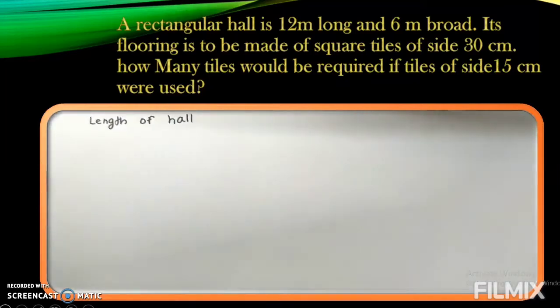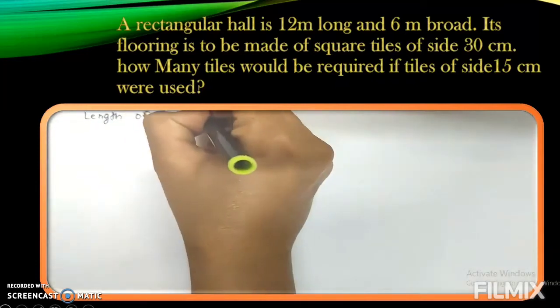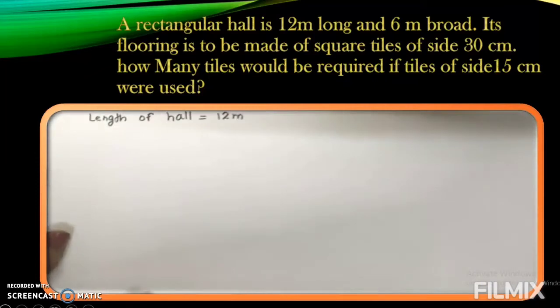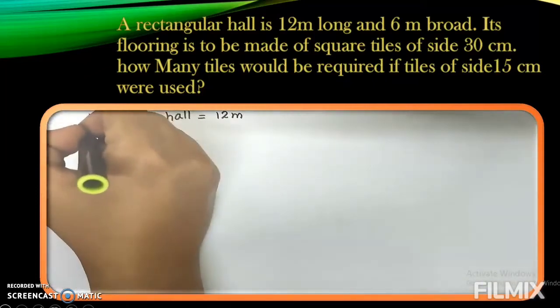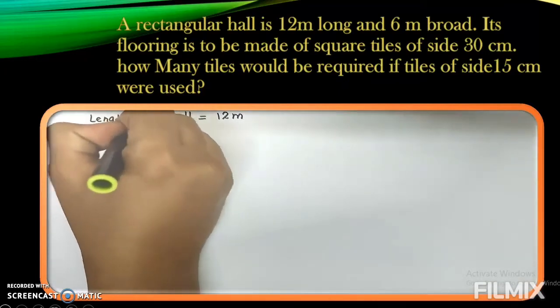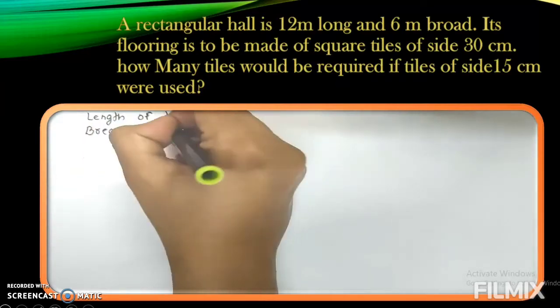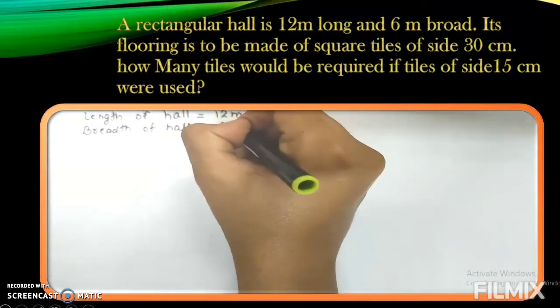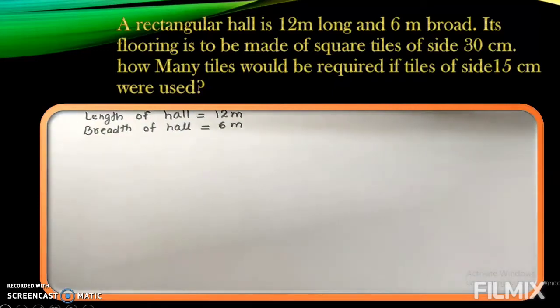Length of rectangular hall, or only hall will do. So length of hall is given how much? Is equal to 12 meter. Clear? So length of hall they had given 12 meter. Then next is given 6 meter broad. Broad means breadth. So they had given breadth of hall. What is the breadth of hall given? 6 meter. So we read first sentence and we come to know that they had given length of hall, breadth